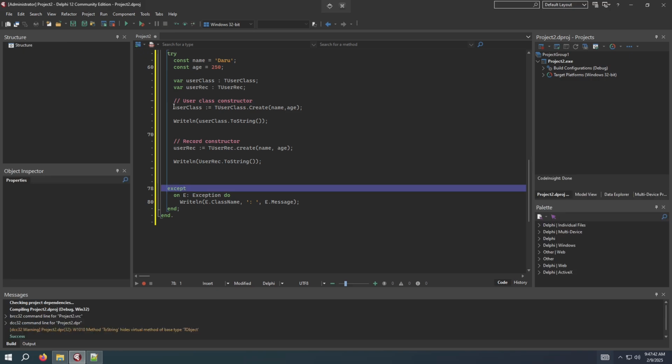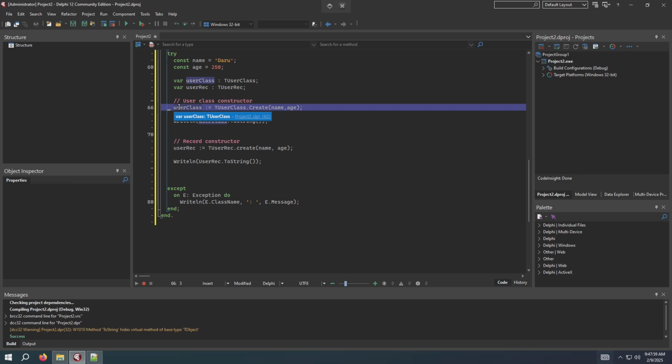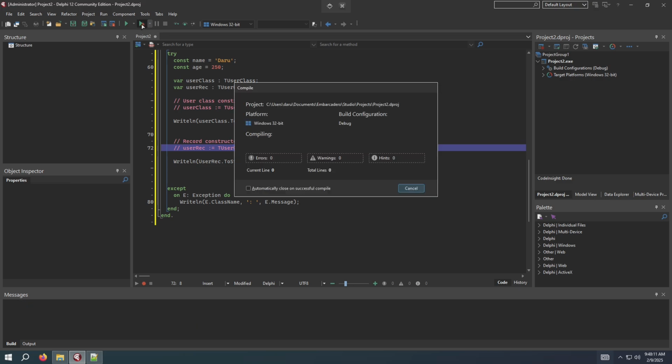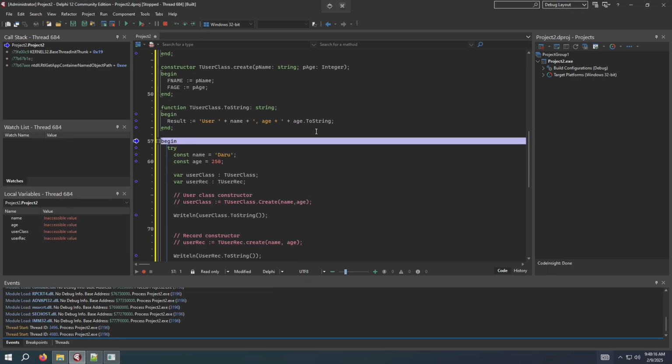Now, what if we did not call the constructor? From what you saw, remember what we saw in our local variables table? When we didn't call the constructor, our class had no data. It was assigned to nil. The value of the class was nil. So this object had a nil value. If I comment this and comment this, and I come back again, you can see we are on inaccessible values